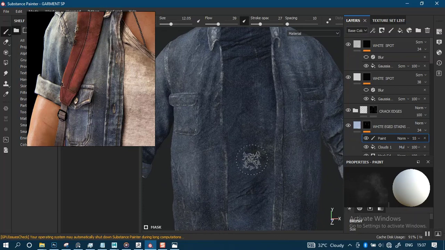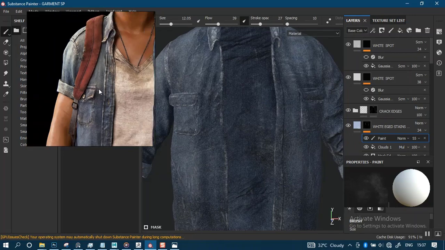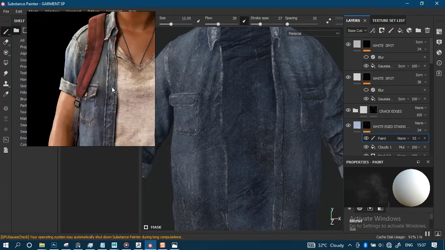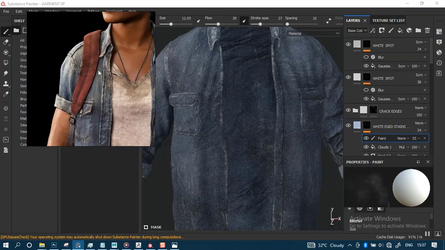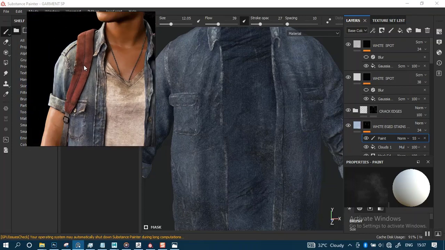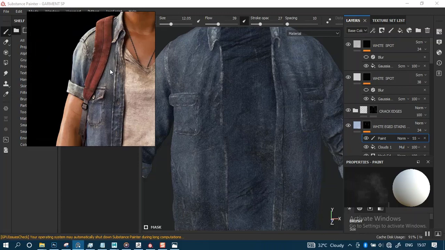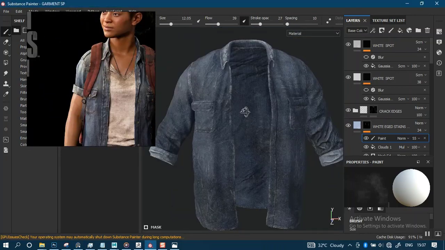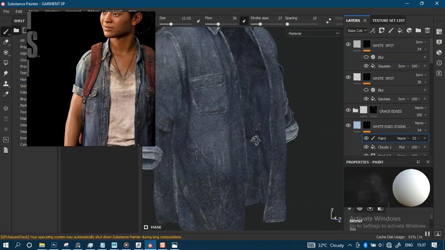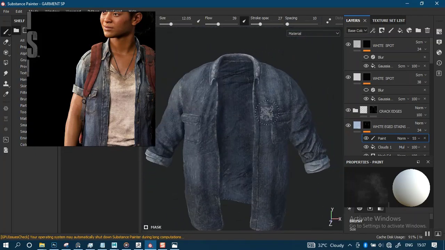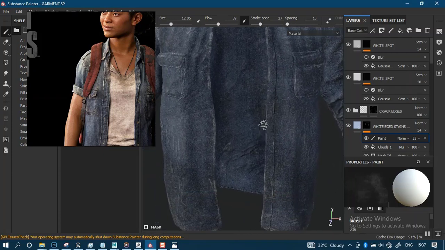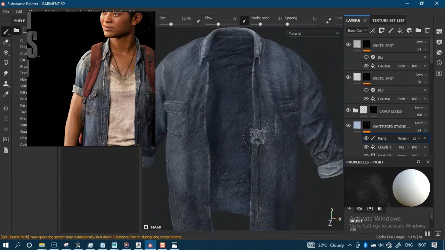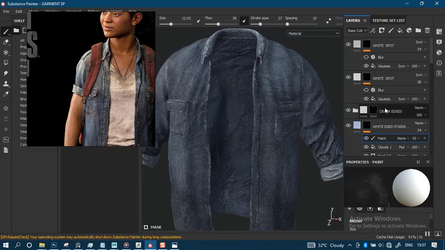Alright, so now there are some things that are missing here, like the thread pattern around this, still missing, and some breakups on this. So not necessarily breakup, but kind of damage to this. Let's see if we can add some damage to all of this to make it pop a bit more. So I would use,